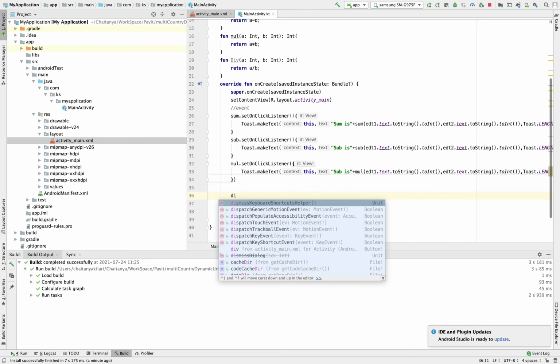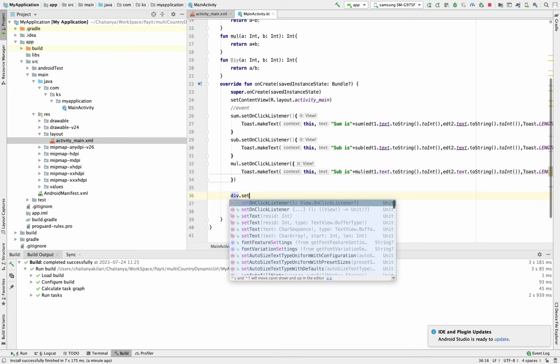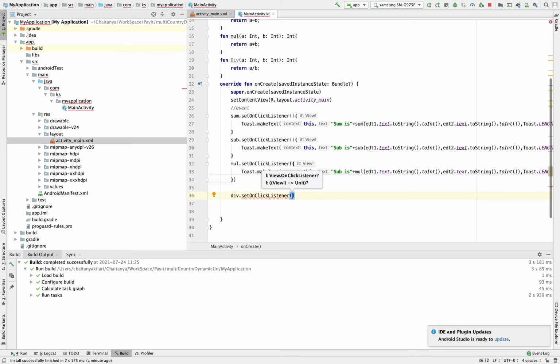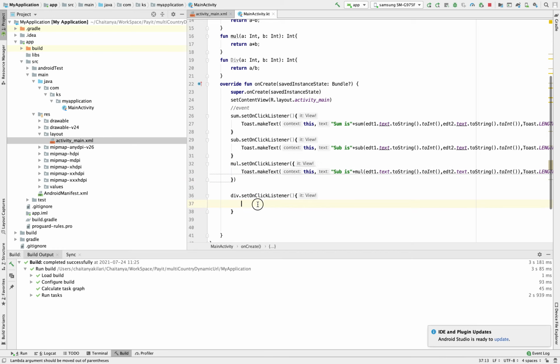Div dot set on click listener of. Anyway, if you are writing the function inside, it is okay, or writing outside is also okay. That means inside these braces is okay, or writing like this is also okay. It's working fine in both situations.